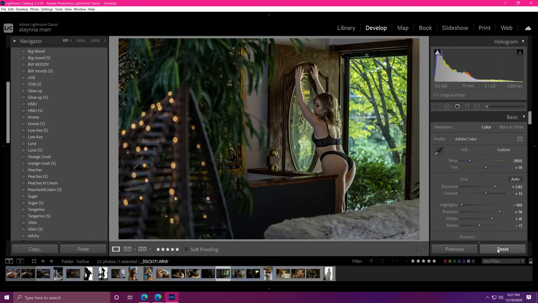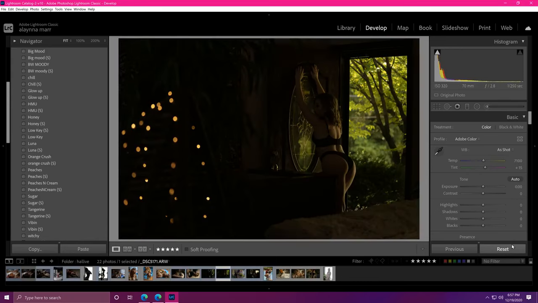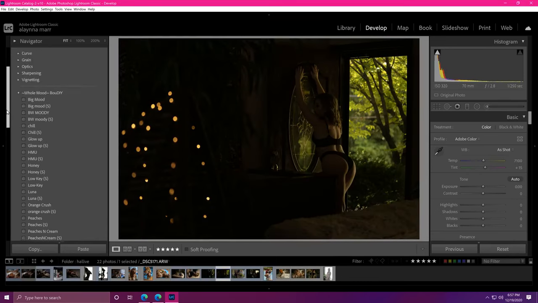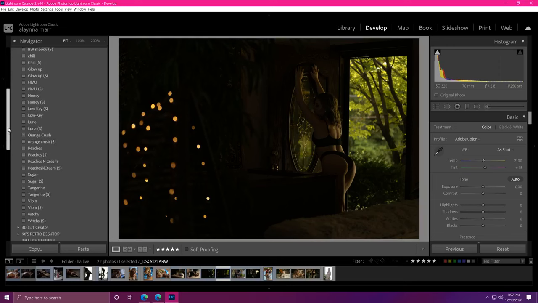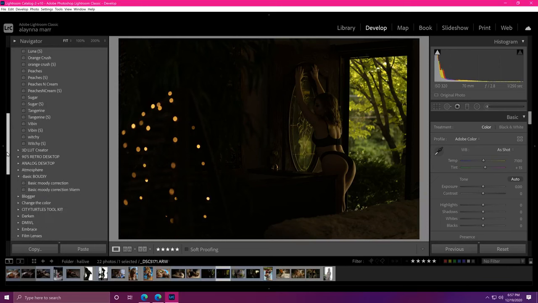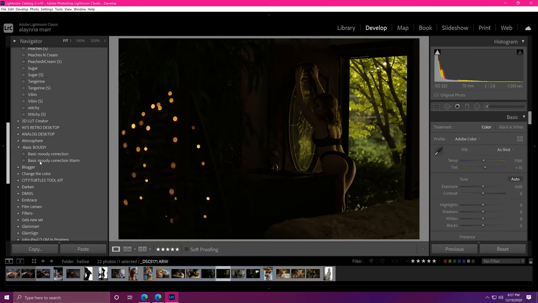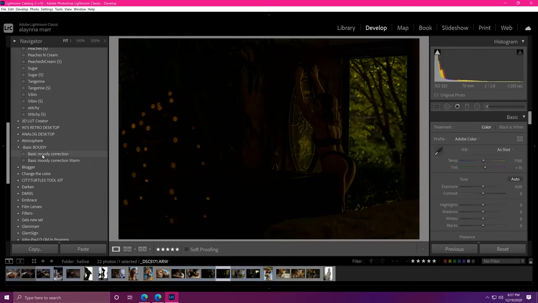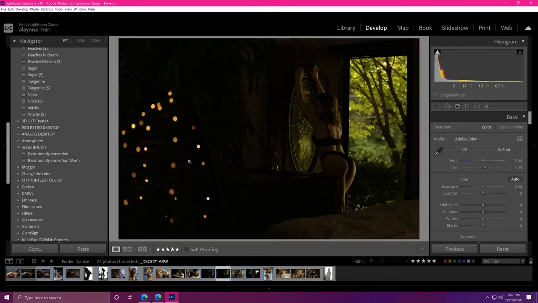So, I'm going to reset this, and I'm going to show you guys the basic presets here. You'll notice I have a lot of presets. I'm about to blow your guys' mind. Okay, so these two, the basic set here, the basic moody correction and the basic warm correction, I'm going to give